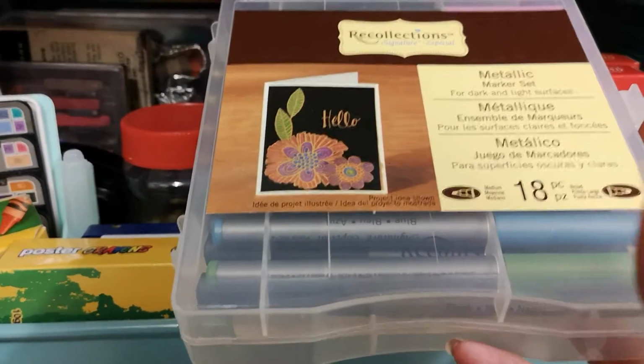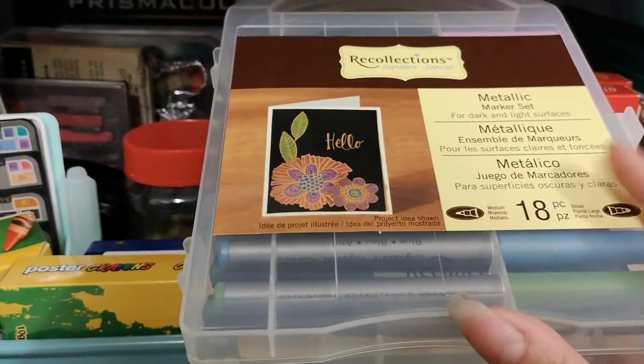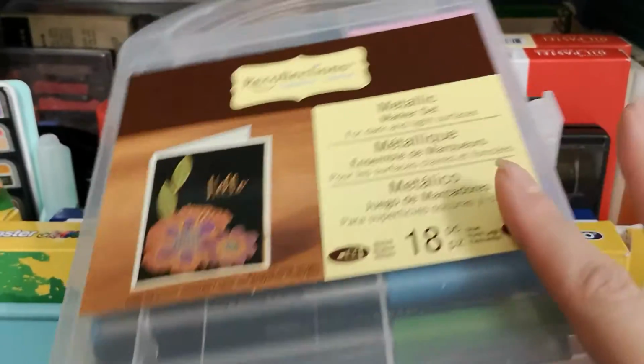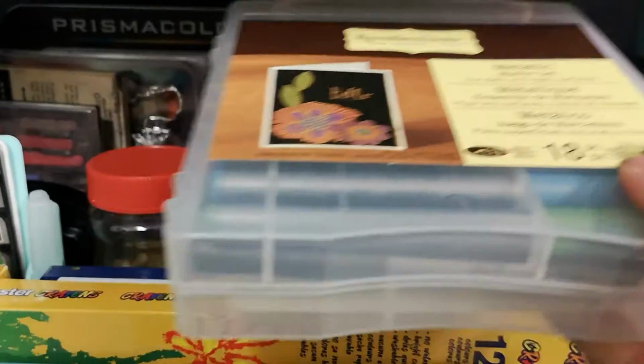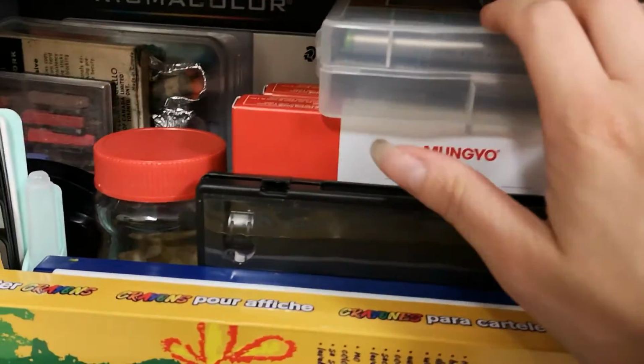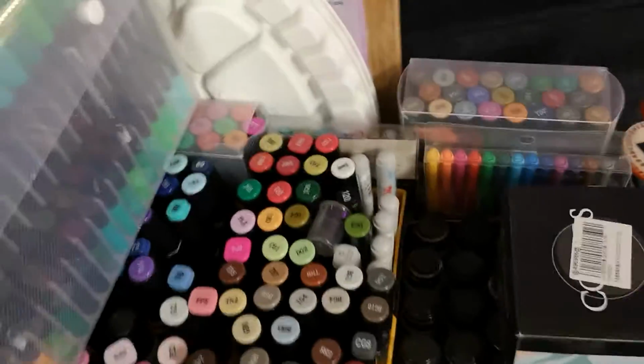I think all the stores across Canada and the States are having issues with the markers in here. However, one or two markers not working in an 18 pack for $1.25 is not a big deal. So I got those as well. And then I got up here